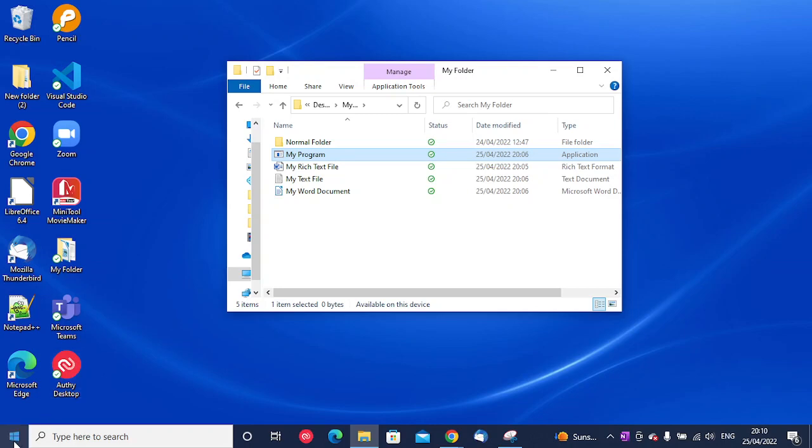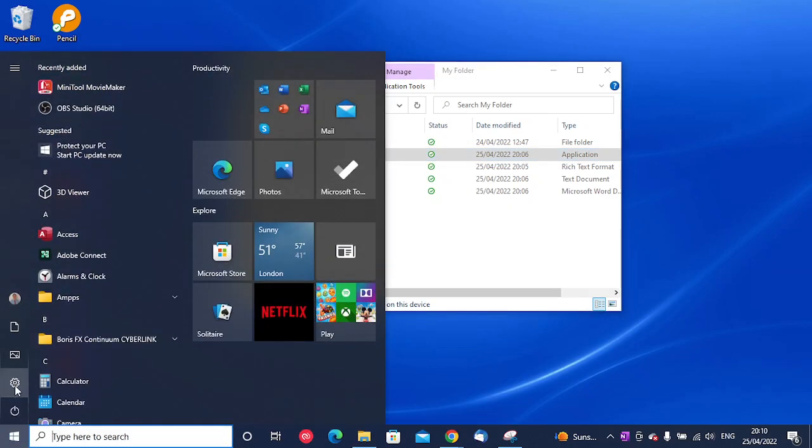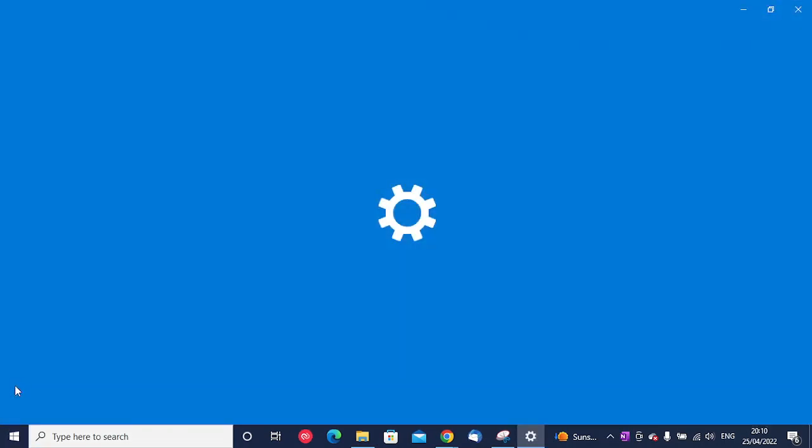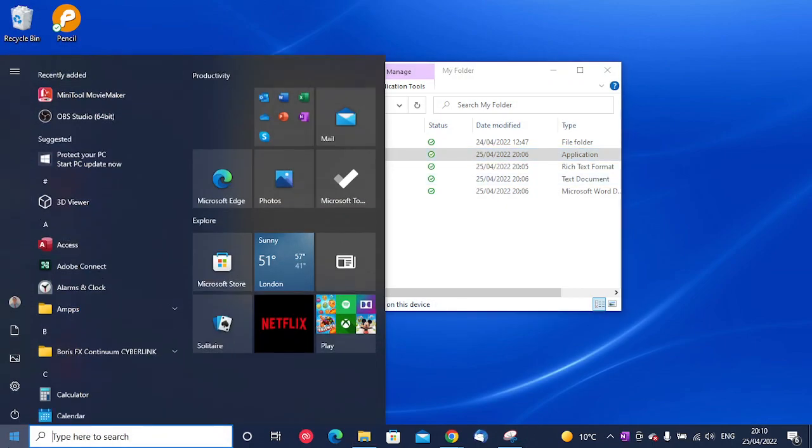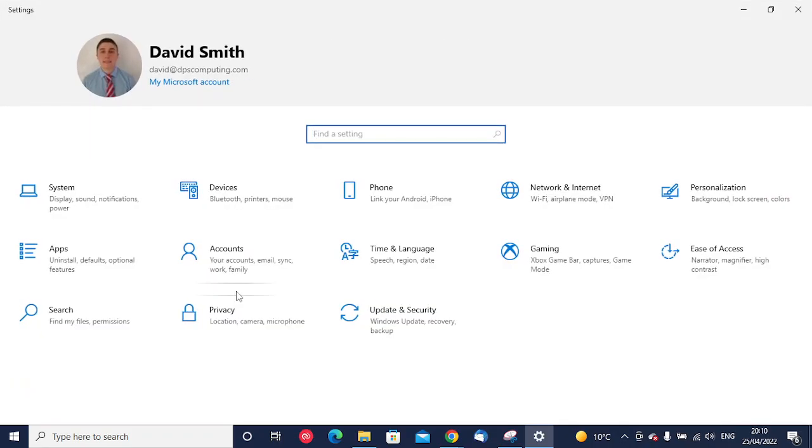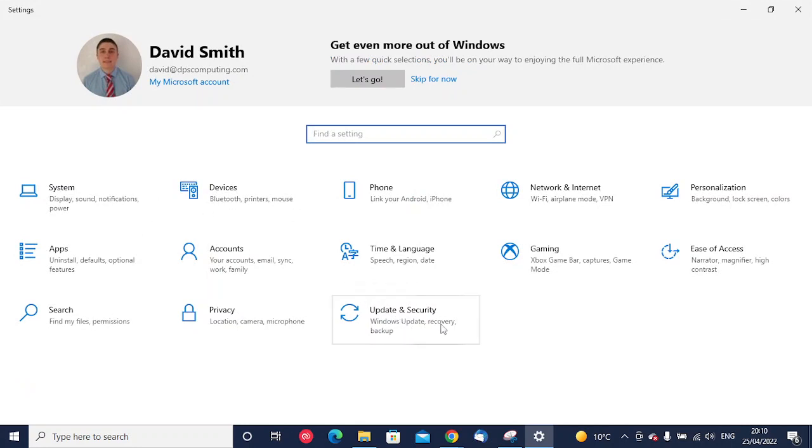So if you go down to the Start menu at the bottom left corner and you click on that and you click onto Settings, when Settings loads it should take us straight to the home page of Settings. I'll just try and restart that just because it wasn't loading then. Yeah, and then similarly to other settings such as the hidden folder settings, if you go into Update and Security,